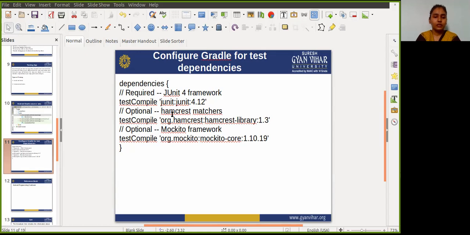You add the test instrumentation runner line to that section: in the android defaultConfig, just write testInstrumentationRunner, in double quotes, android.support.test.runner.AndroidJUnitRunner, and just close the brackets.